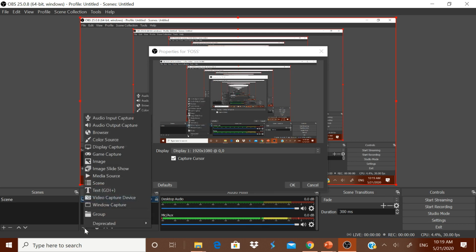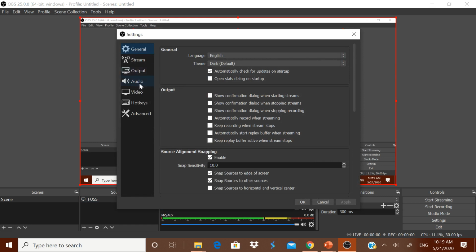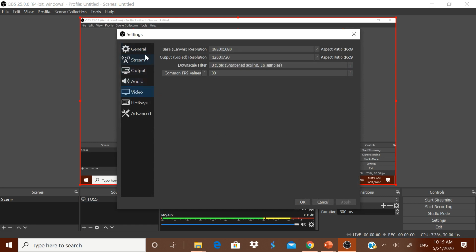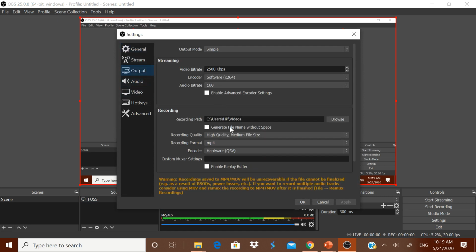Now one more thing which you have to remember is that this FOSS is one of the videos which I have made. You can add one more video also by using the same display capture. You can make use of the same thing, and whatever you are doing on the screen will get captured. And remember that this is the path in which it goes. It is in the settings itself. The videos which you make now always go to C, so the output will always go to C, Users, HP, Videos. This can be changed by you also.